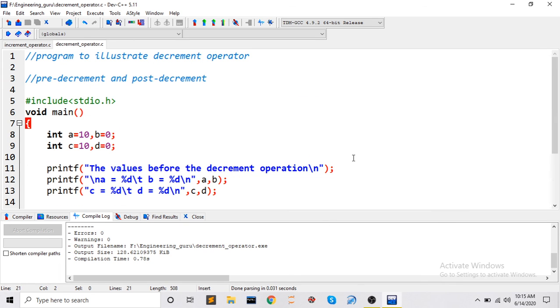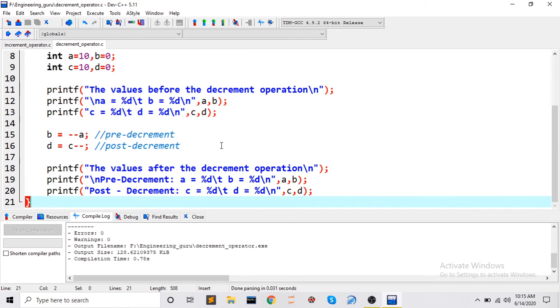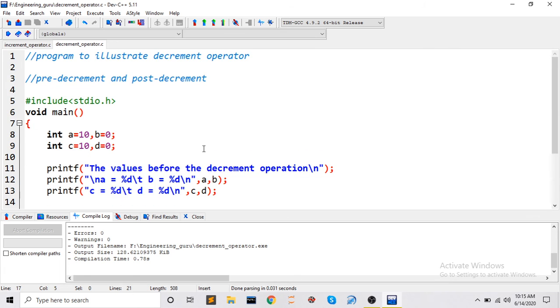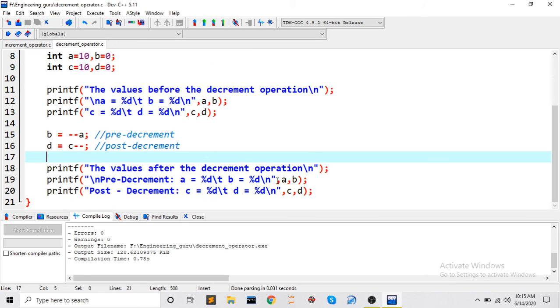So this is about the decrement operation. We have used the same values so that you can map the example to the program we are writing. Now I hope it is very clear to you how to write the program for pre-increment, post-increment, pre-decrement and post-decrement, because we have seen the examples and the programs also. Fine. Thank you.